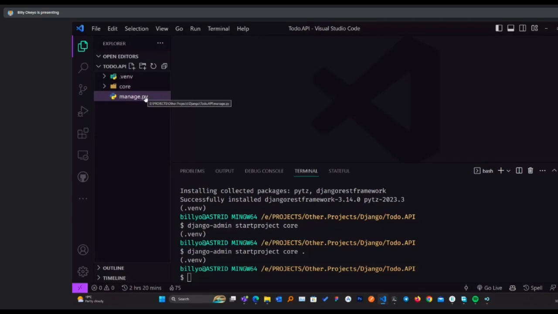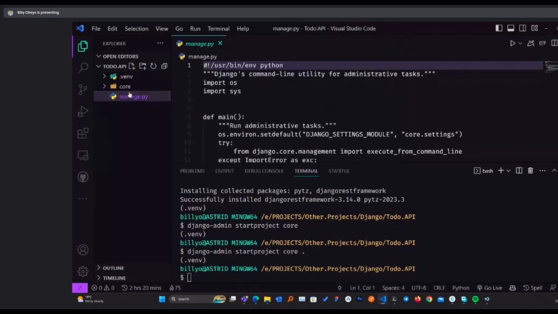The same way, let's say if you're building anything related to HTML, we'll have index.html as our entry point. So this manage.py is our entry point. Technically, it's what runs the entire application.